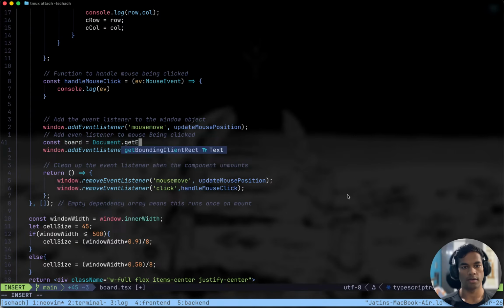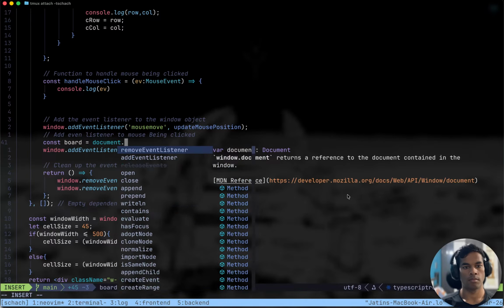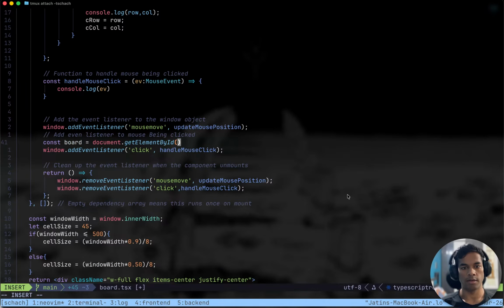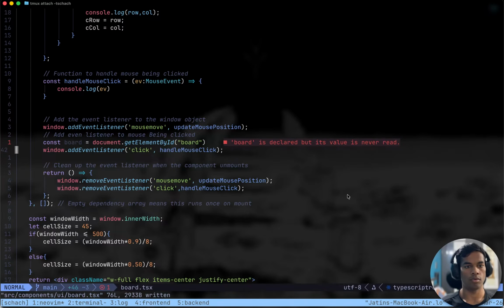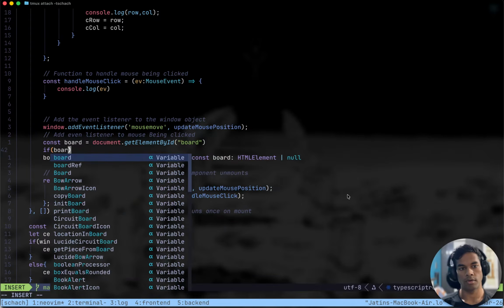Document dot get element by ID, get the board, and here board dot... possibly null.